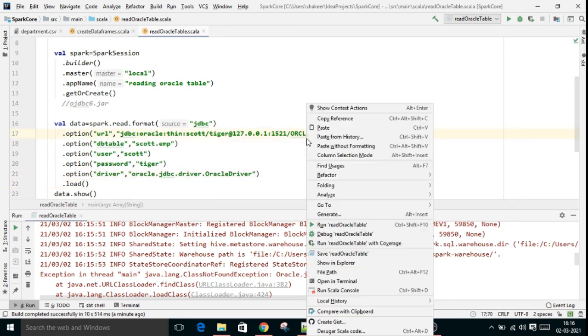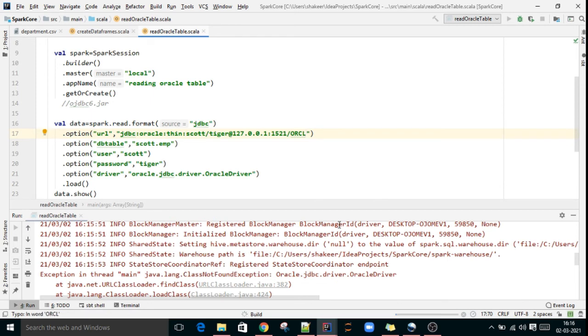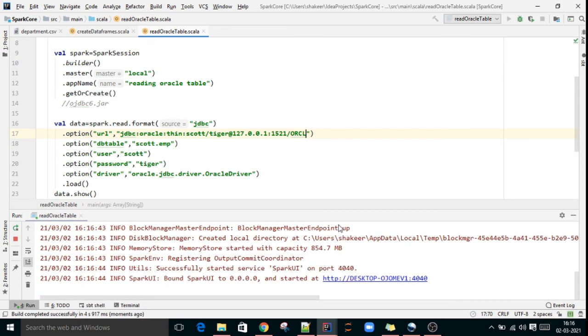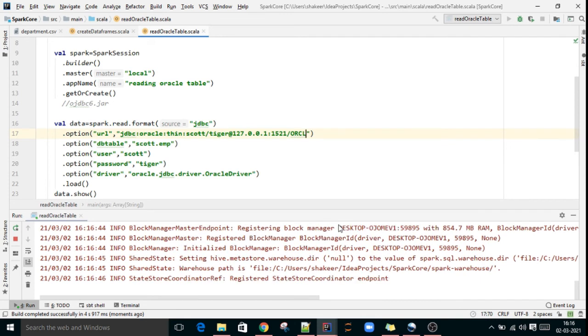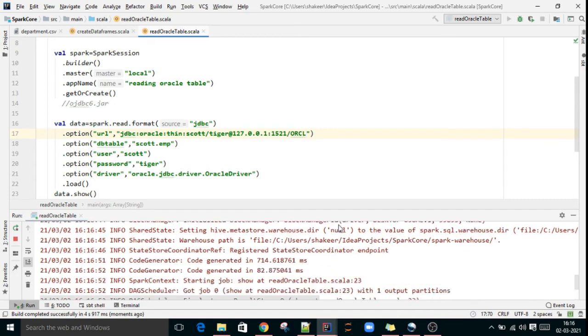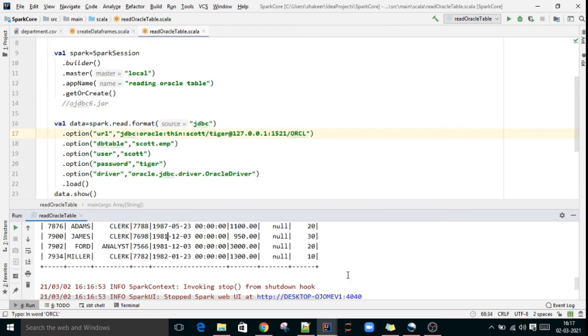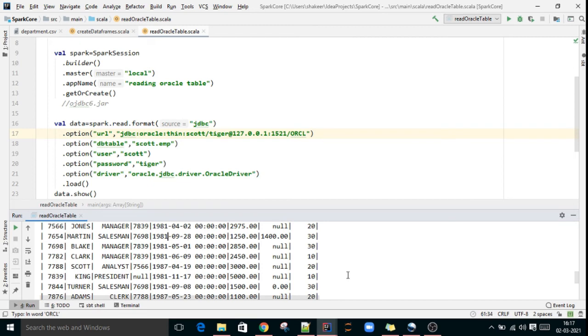Okay, I will give small letters. Yeah, see, now we are able to successfully read the Oracle DB.